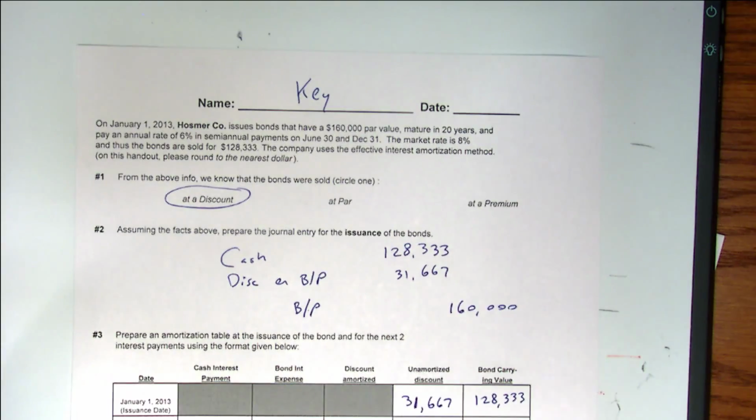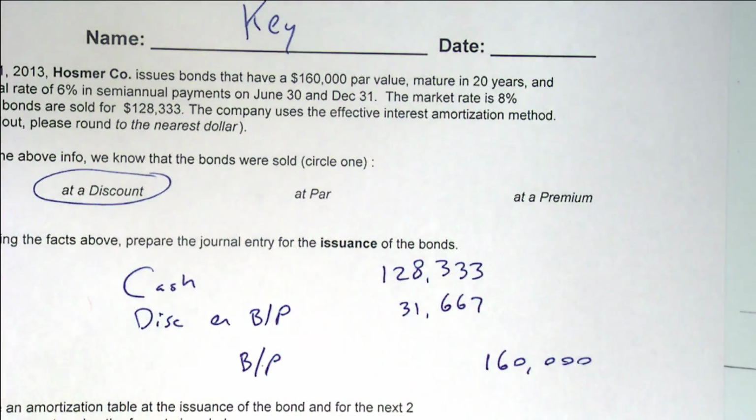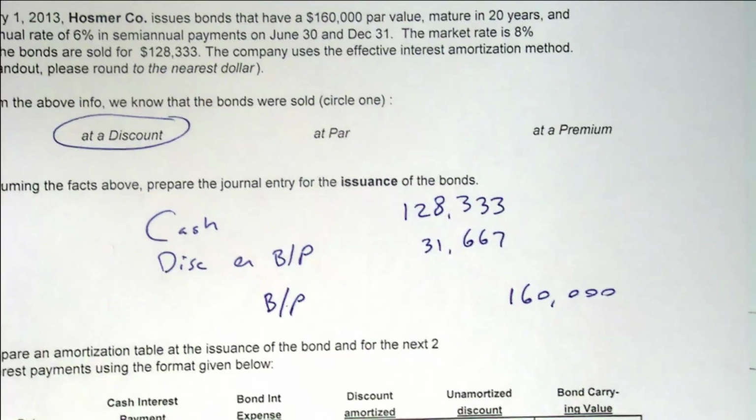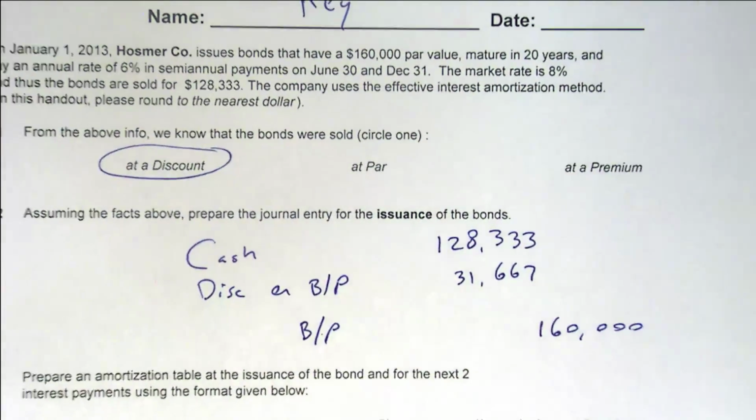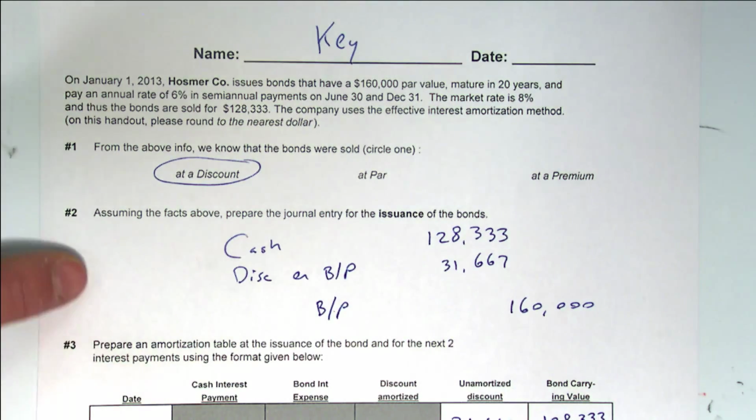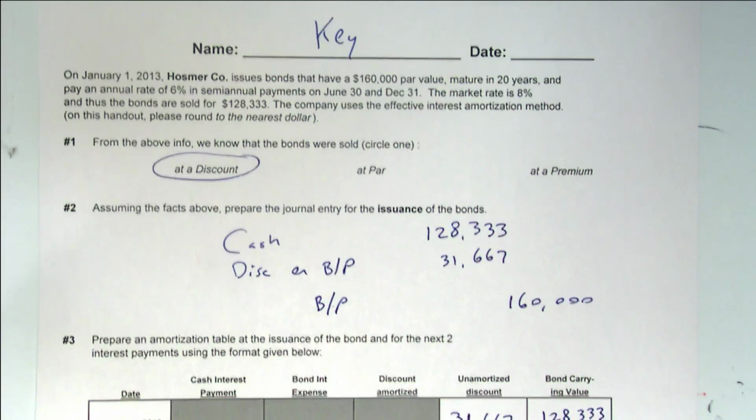All right? This is a bond sold at a discount, right? And the entry for the issuance is right there. Okay. So what kind of account is discount on bonds payable? Anybody remind me? Contra liability. It's a contra liability. The adjunct liability is premium. Okay. I like to ask that on tests. Any questions on those first two?